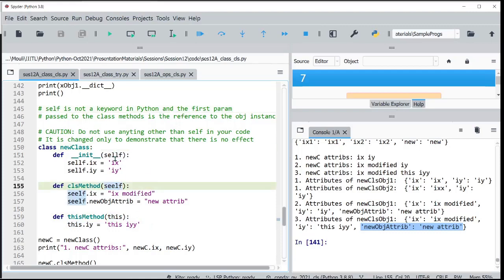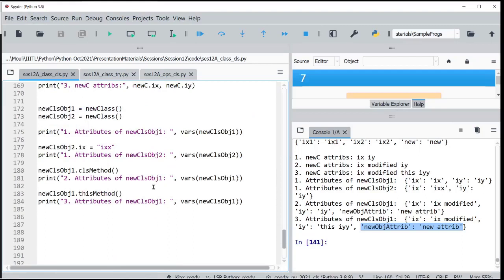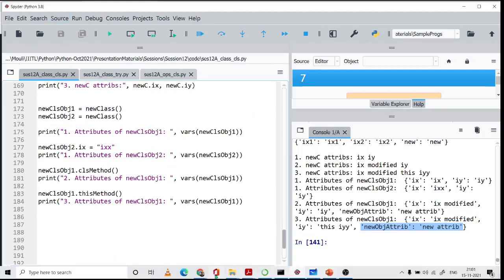That doesn't mean that you should. The convention is to use self here and use self here, so that we are making it clear that we are creating new attributes of the object which is being created or which is being passed. Please do not do that. That's why I put a caution there, so that you don't do it by mistake.